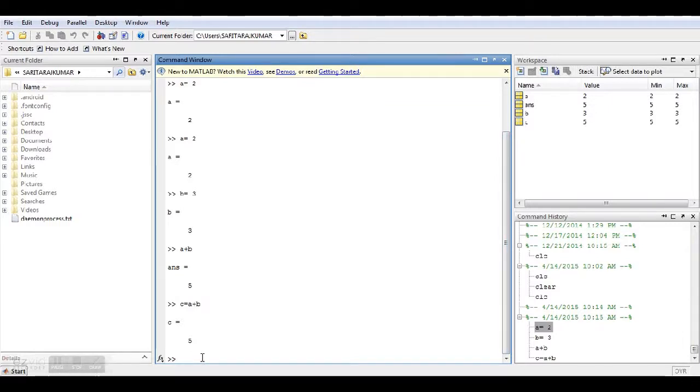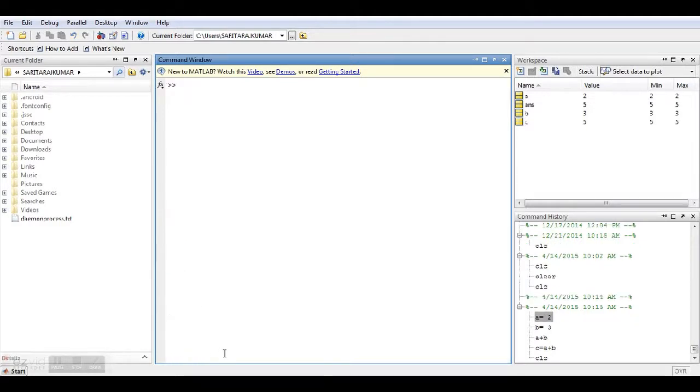So if I want to clear all these commands, I simply give clc, which means clear command window. So clc will clear it completely, but whatever variables I have used previously will not be erased, so they will be stored in the memory itself. If I want the same value like this a, I will just simply type a and press enter, and I will directly get the value. So clc will not clear the variables and constants which were stored previously in MATLAB, but it will clear the commands in the command window.